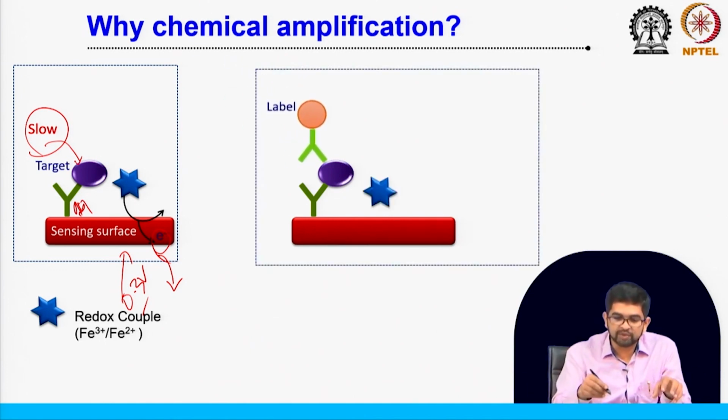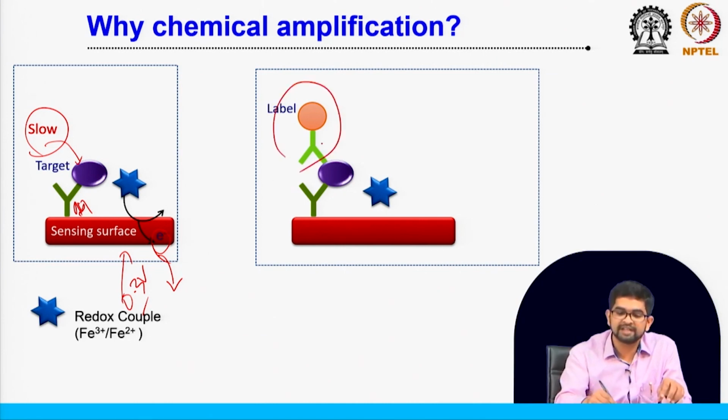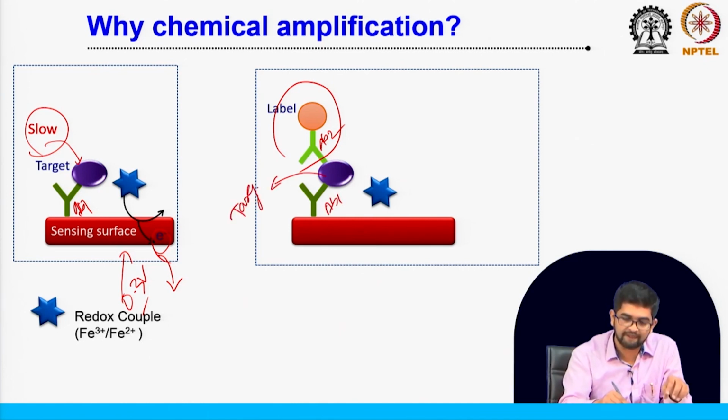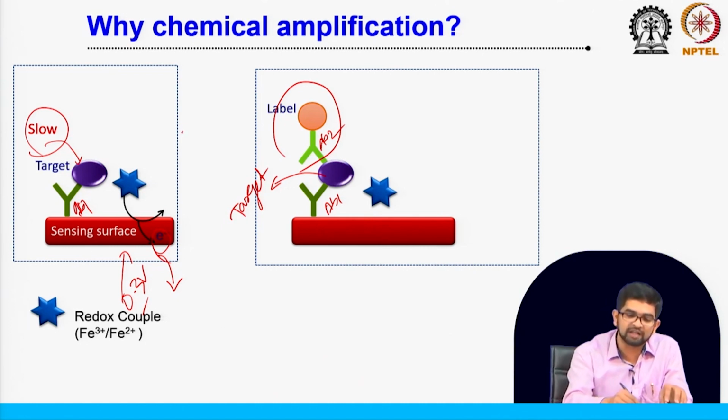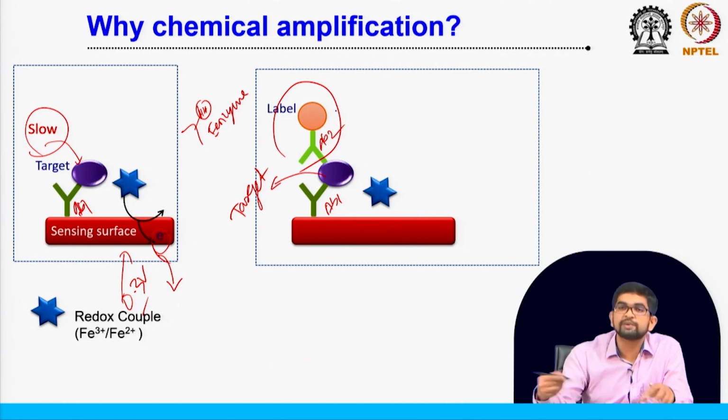We can take help from another antibody, that is called a secondary antibody. This is the primary antibody, this is the secondary antibody, and this is the target. So, this secondary antibody can be labeled, that I told you last class. It can be labeled with some gold nanoparticles. Also you can use some enzyme here as a tag